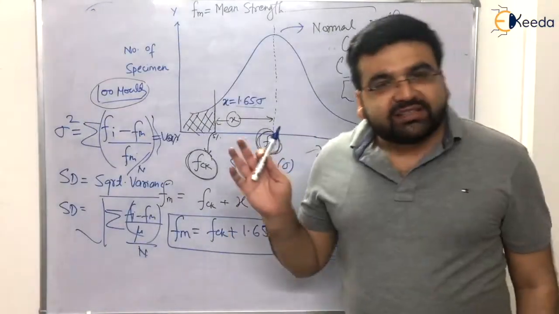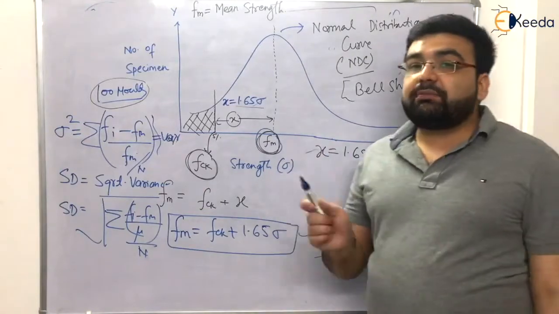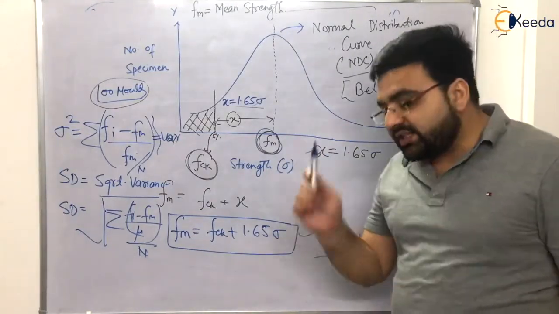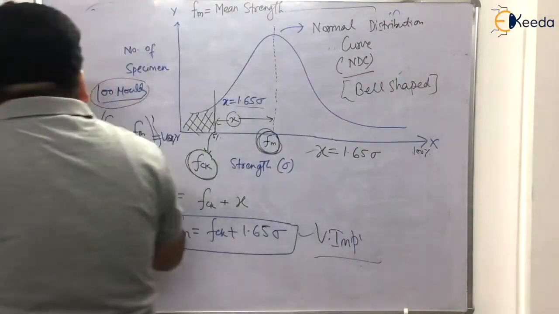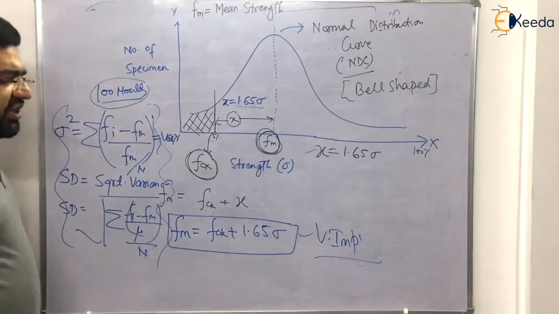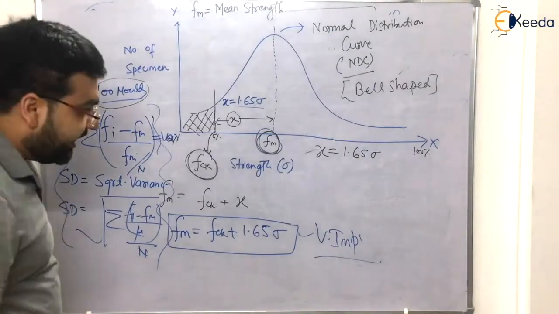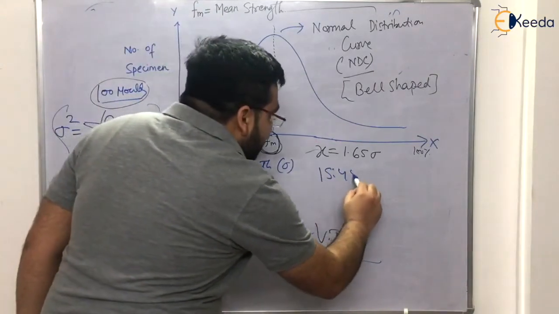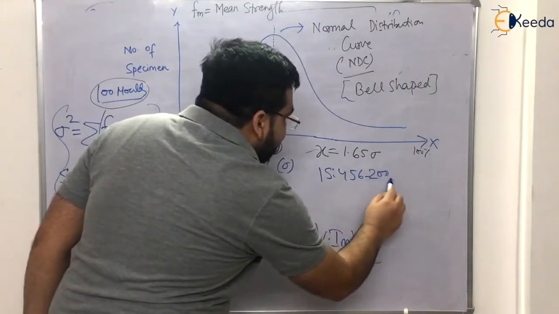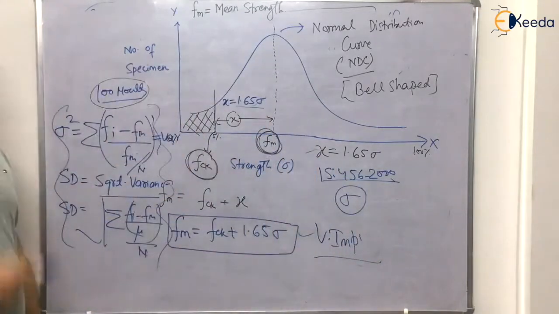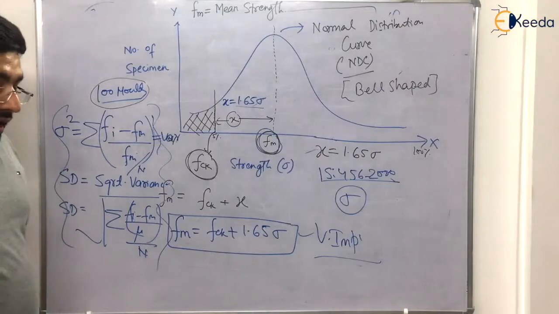In design of concrete structures, what is our Bible? Our Bible is IS 456-2000. So there is very good news for you: you don't have to remember all these formulae. This will be used in engineering mathematics in the GATE examination. What you have to do is that IS 456-2000 has given certain values of this sigma. Those values you have to remember.